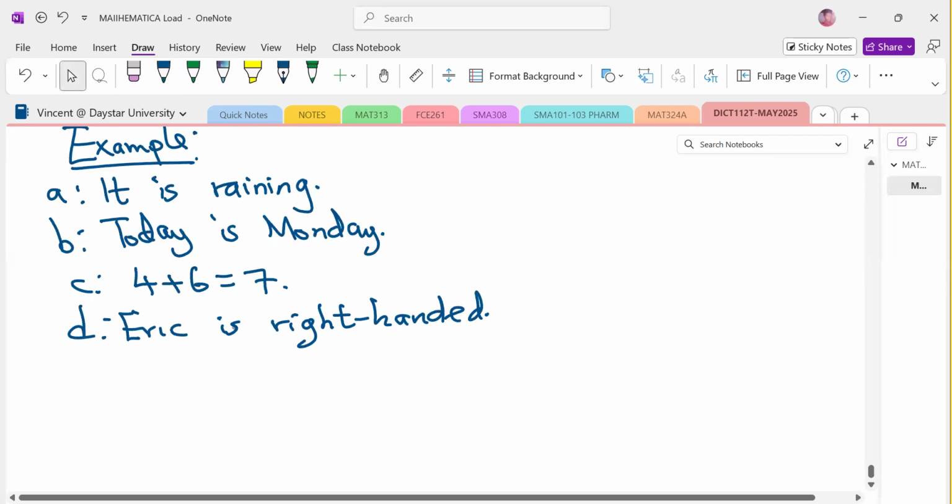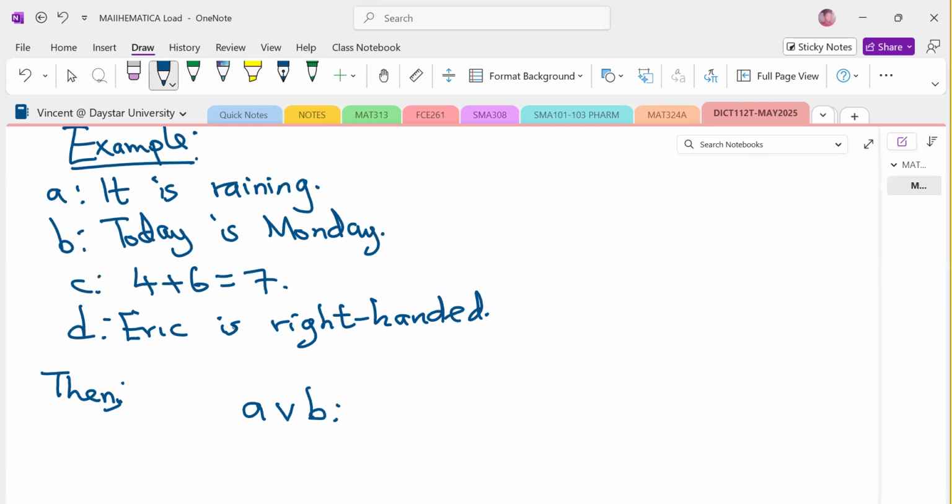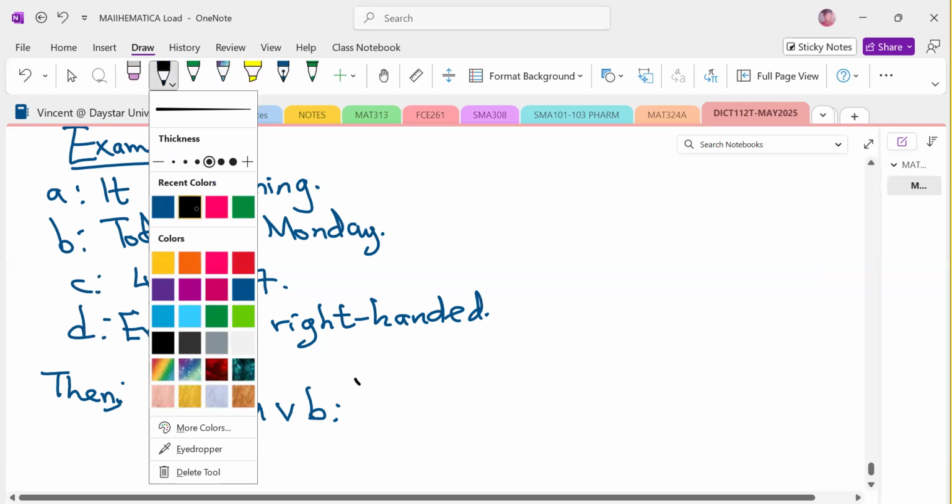Then who can tell us the meaning of this statement? What will be the meaning of that statement? Correct. It is raining